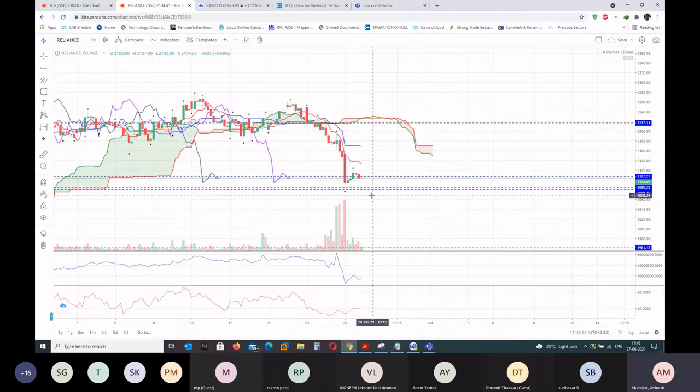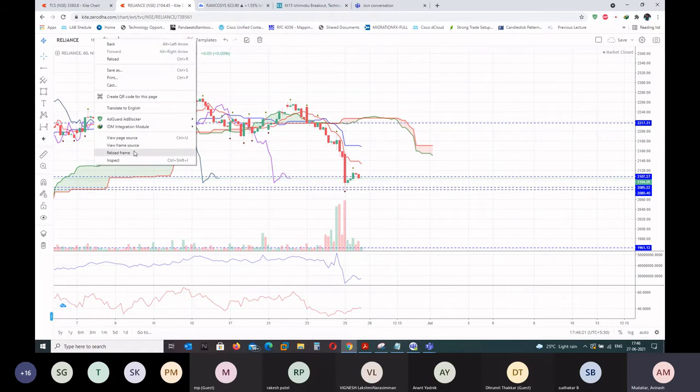M15. So let's suppose this is a support zone. So you've got this support zone. So if I go into